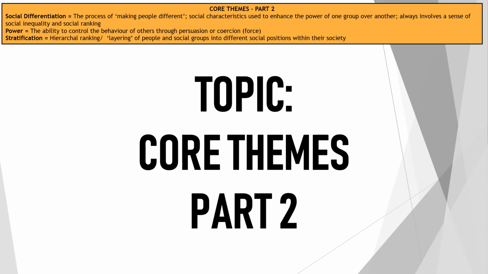Now, social differentiation is the process of making people different. It's dividing a group of people based on particular characteristics, traits, or features that they share with one another. So, for example, on a very basic level, you could differentiate a room of people based on hair color or eye color. That would be social differentiation. If you divide that group out into different hair colors, you have socially differentiated the group.